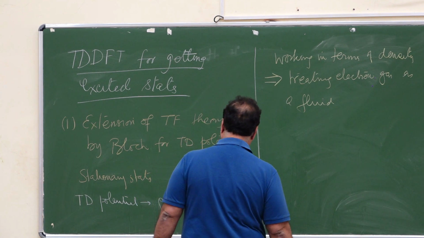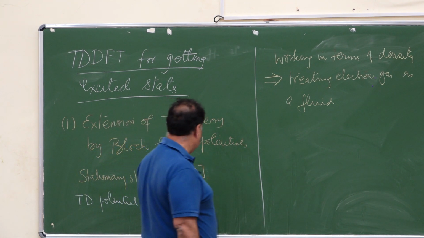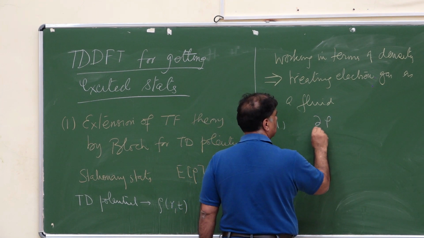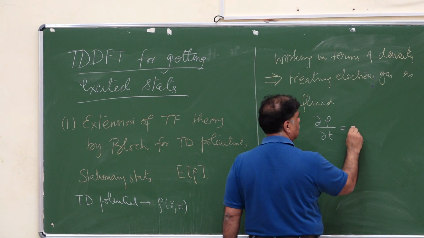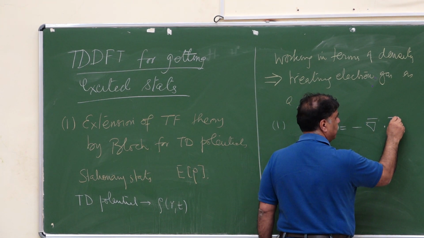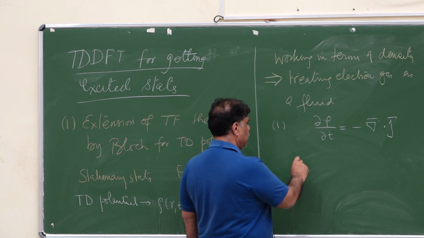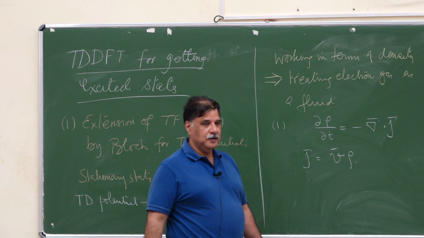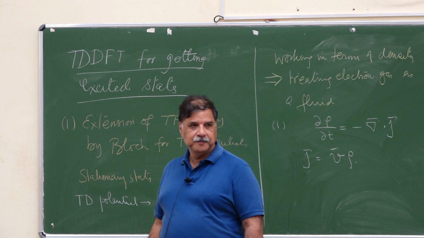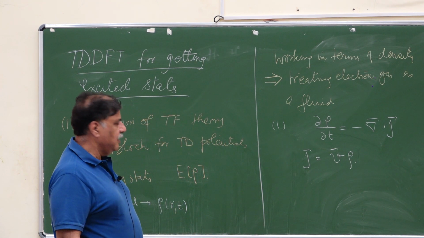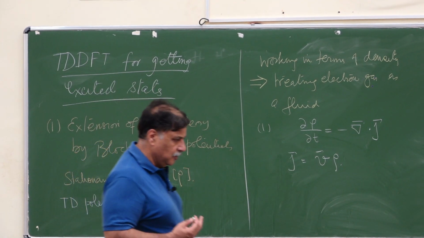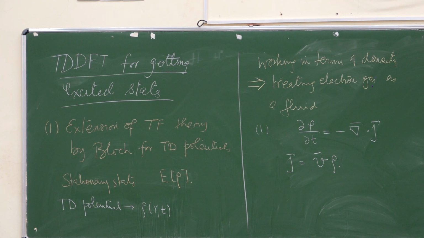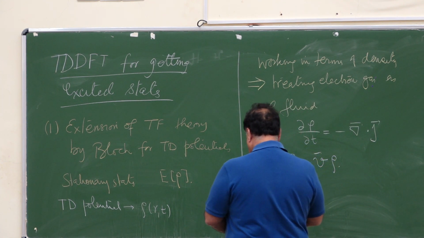So if I have a time dependent potential and time dependent density, the first thing that is satisfied is d rho dt equals minus del dot J, where J is the current, some velocity times rho. That's the continuity equation that will always be satisfied. So necessarily I have a current also. Yesterday when we were doing the Runge-Gross theorem, I had to bring in some current, J of r t. So there is a current, and what Bloch says, and makes an approximation,